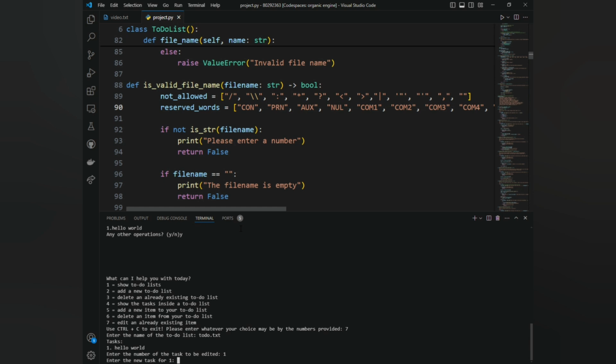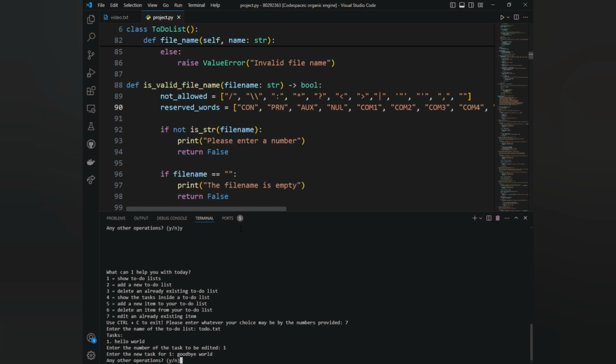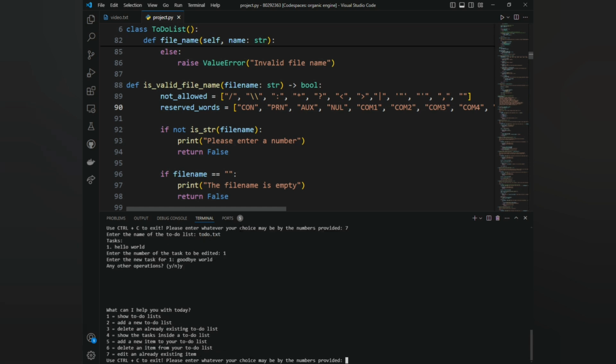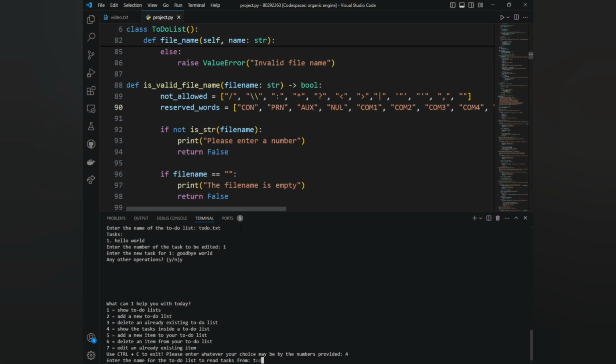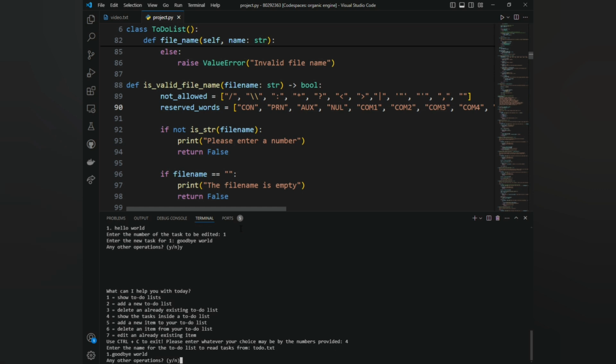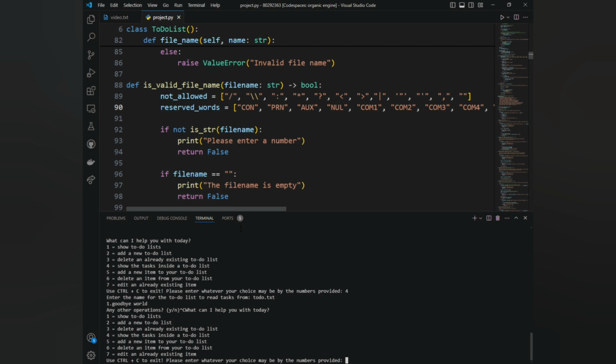And it says enter the new task. How about we say goodbye world? Any other operations? Yes. How about we see what's going on in our to-do list now? To-do.txt and goodbye world. And as the name suggests, our video is ending and we can exit our program using Ctrl+C